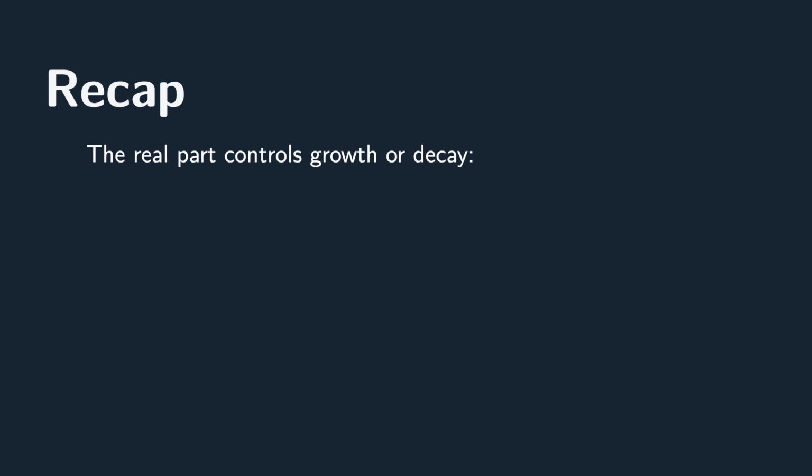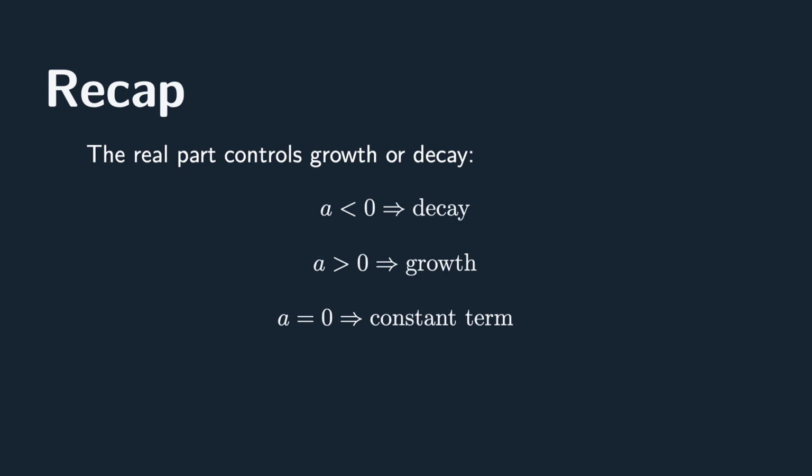To recap, the key idea is that characteristic roots tell us how the solution terms for the linear ODEs we are considering behave. In this video, we focused on real roots. A negative real root gives decay, a positive real root gives growth, and a 0 root gives a constant term. We also saw that repeated roots can introduce algebraic growth. For complex roots, the same growth and decay principles apply to the real part of the root.